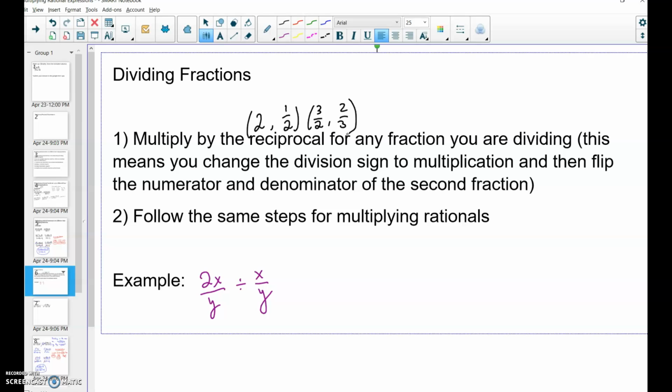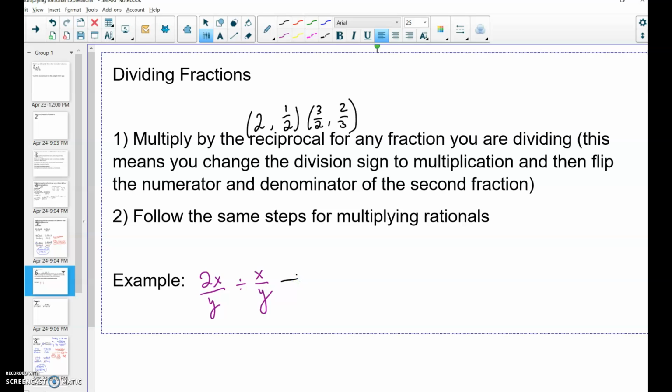Okay, so that means that you change the division sign to multiplication. Then you flip the numerator and denominator of the second fraction. Once you do that, you're good to go ahead and follow the exact same steps that we just had for the multiplying rationals. So if I have this example here of 2x over y divided by x over y,